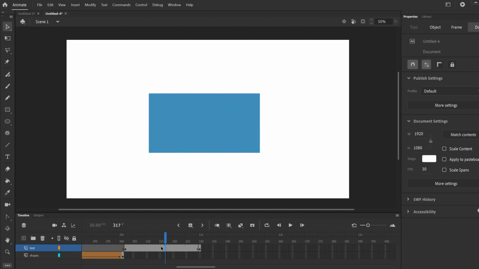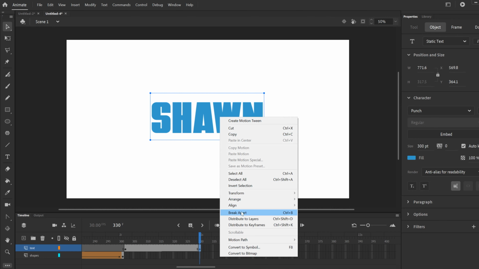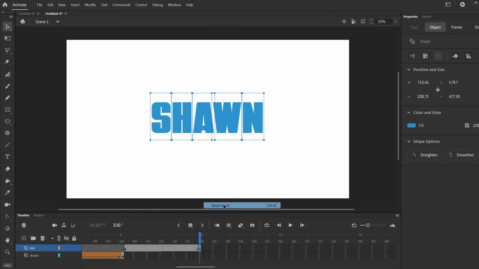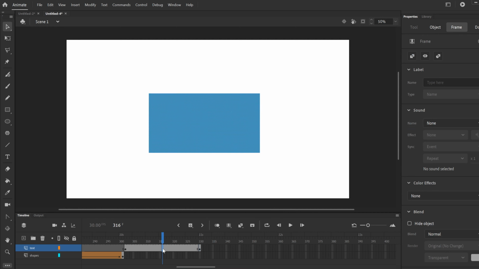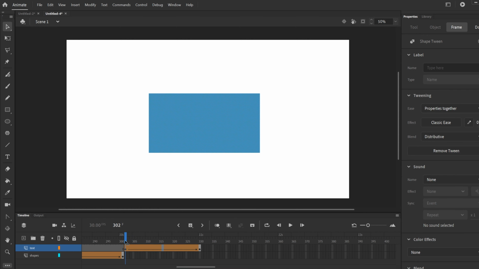So undo that. And what you have to do is when you have text, it's actually more like a symbol. So what we have to do is right click on it and go down to break apart. So if you have multiple letters like this, then it's going to break each letter apart like that. And then you have to right click again and break apart one more time, and it'll turn each of these into a shape. So when we click in the middle, right click and create Shape Tween, now it will work,